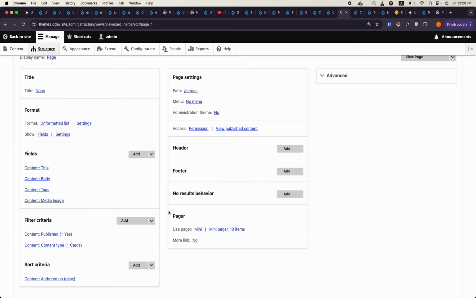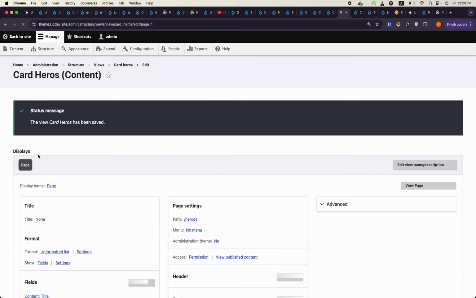You can have a very wide image also. So save. If I go to the page,